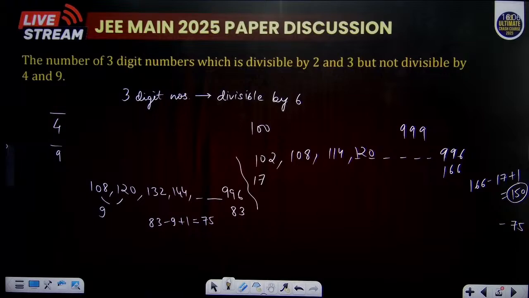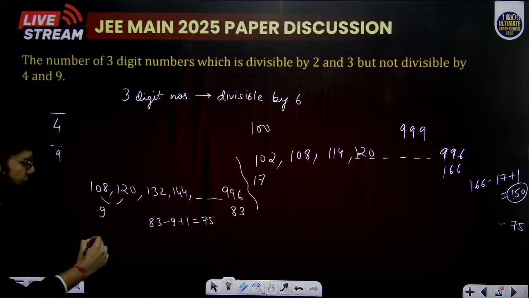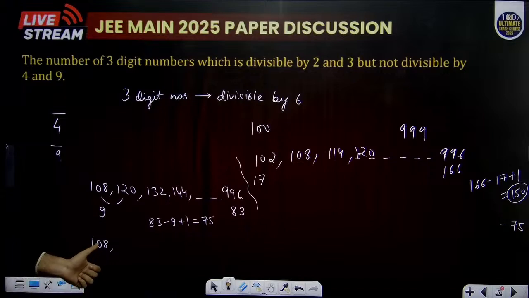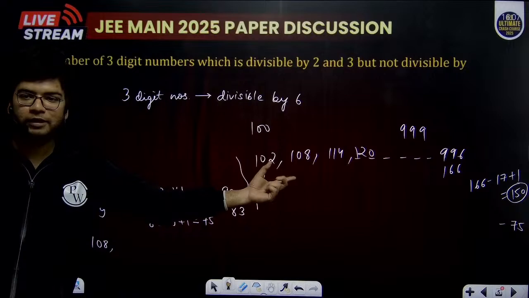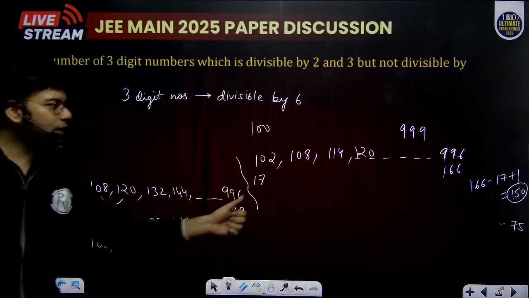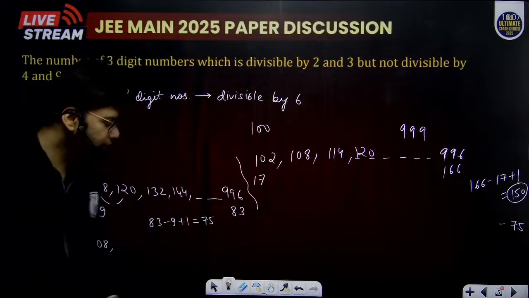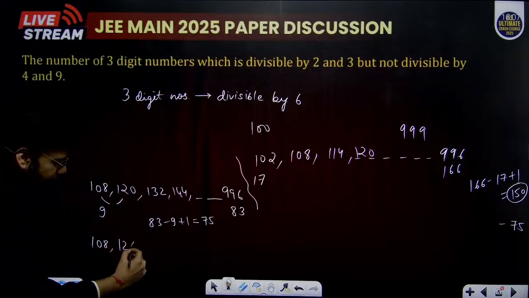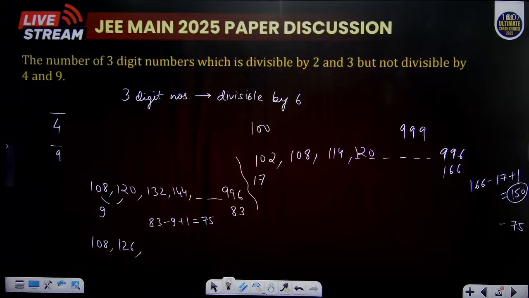Now coming to numbers which are divisible by 9. So which numbers will be divisible by 9? 108. Then 108 plus 9, 117. 117 will again not come in this bracket. 126 will come in this bracket. That's why you will count 126. Now it's a common difference of 18. So that's why